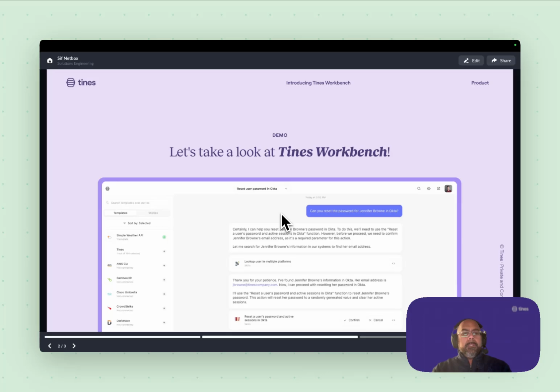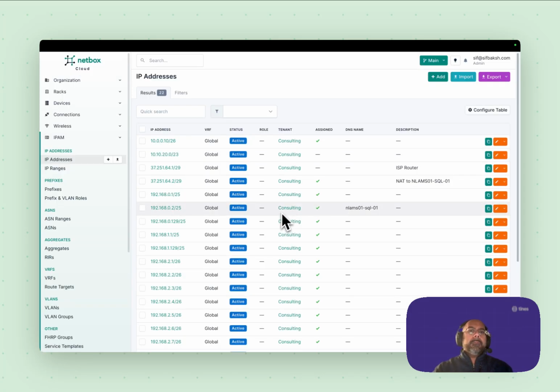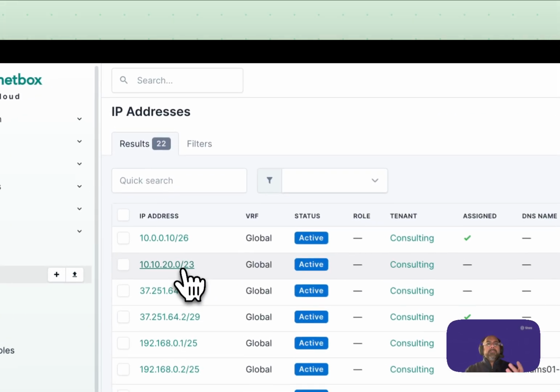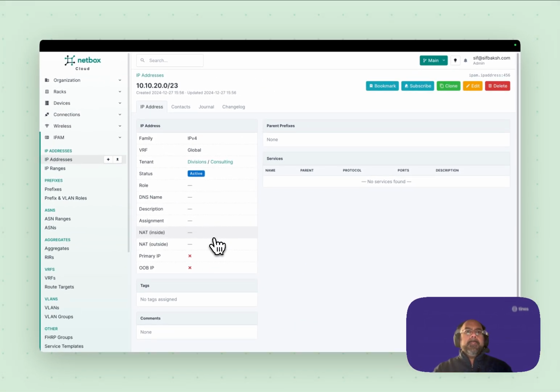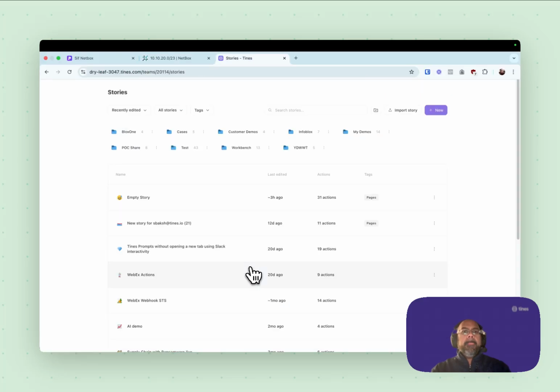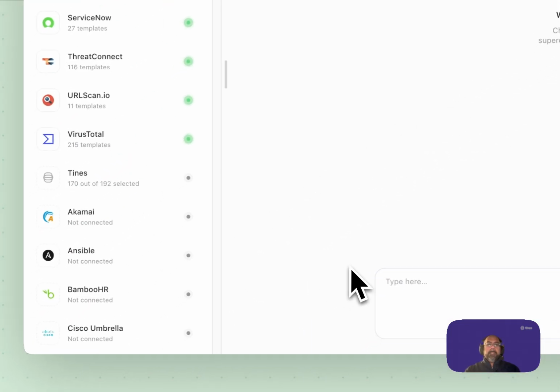First, I'm going to toggle over to NetBox. One of the things I am going to be doing is creating an IPAM address, pulling circuit information from NetBox. So right here, as you can see in the IPAM, there's no associated address with it. So I'm going to launch into Tines Workbench, and from there, we'll create a new IPAM and switch back so we can take a look at that. So I'm going to hop over to Workbench, and then I'm going to say to Workbench,